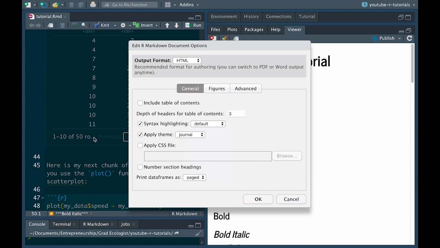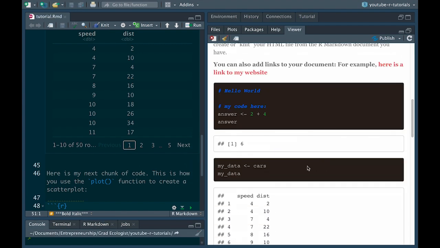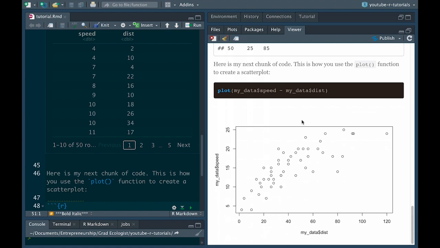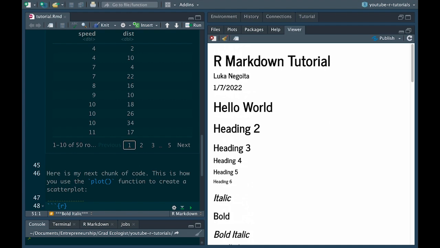So the same way that if you watch my lesson 3, I'll show you how to change the syntax highlighting in the editor in RStudio so that you can have this darker color scheme that makes it easier on your eyes when you're working for a long time. You can also change the color and look and feel of the code in the R Markdown document. So for example, let's select espresso here. Okay, let's knit. Now scroll down and look, the code looks quite different. So that's just another example of how you can tweak and modify the look and feel of your final document.